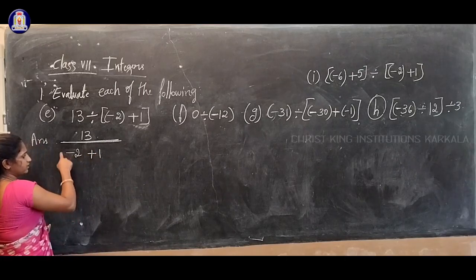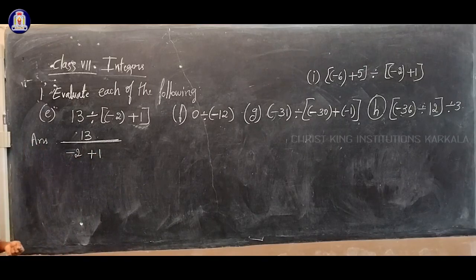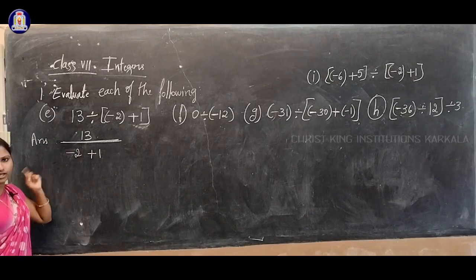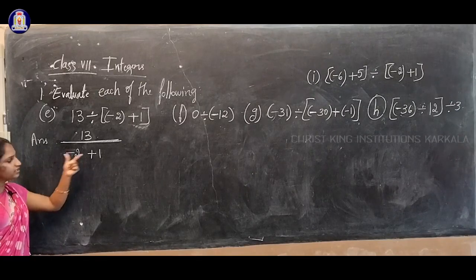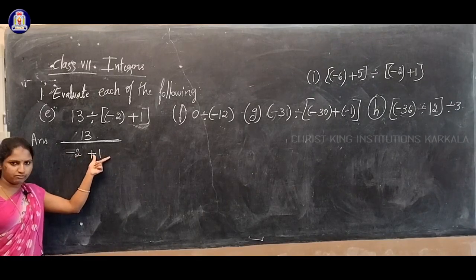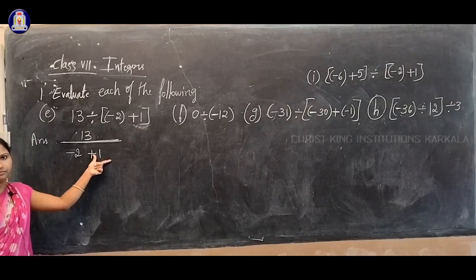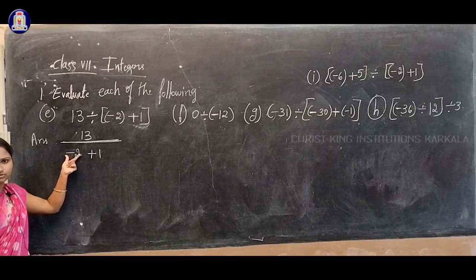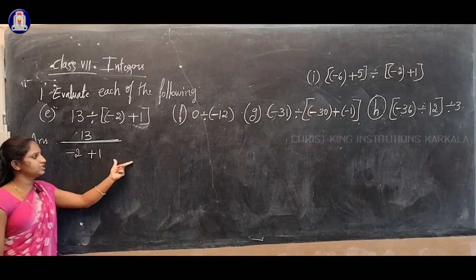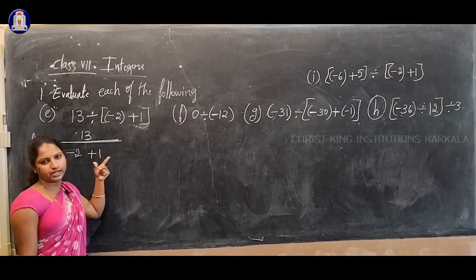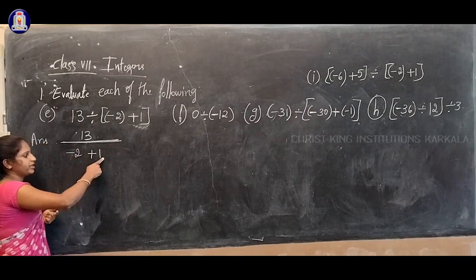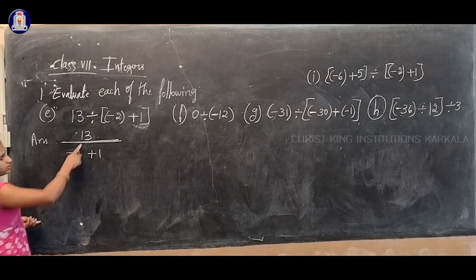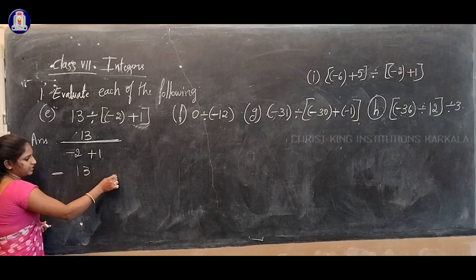Here they have written the negative integer in a bracket. Before the first term there is no sign, so there is no need of writing a bracket for the first integer. For the next integers, if you get negative numbers, then you have to write them in a bracket. So see the denominator: here it is minus 2 and here plus 1. Now see the numerator 13, so write it as it is.